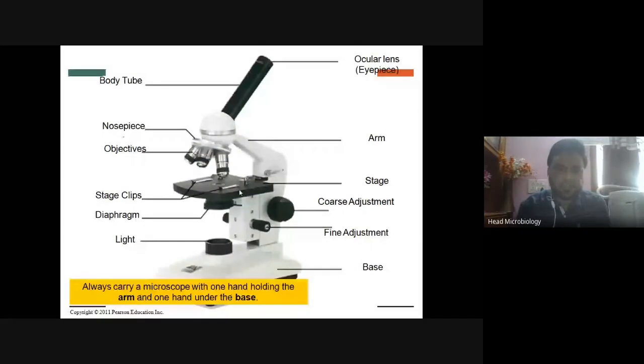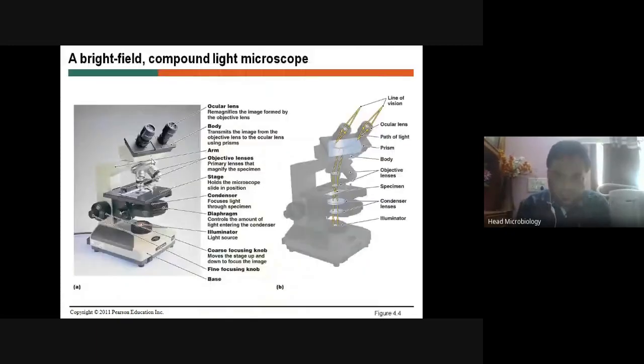And actually, there will be a meter also here, like your vernier calipers, you will have a metric scale, which is called a stage meter, but it is not shown here. Yeah, it is here. This particular one is called the stage meter. Once it is focused, you can take the reading of the stage meter, and if you want to report to your teacher so and so point good bacteria or something, you can report those results.